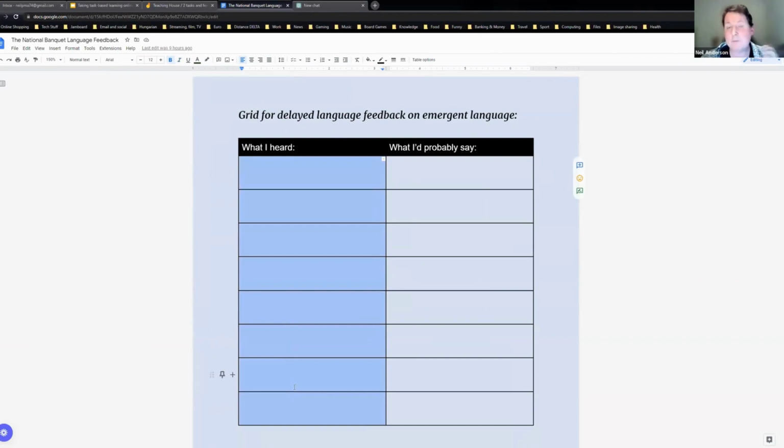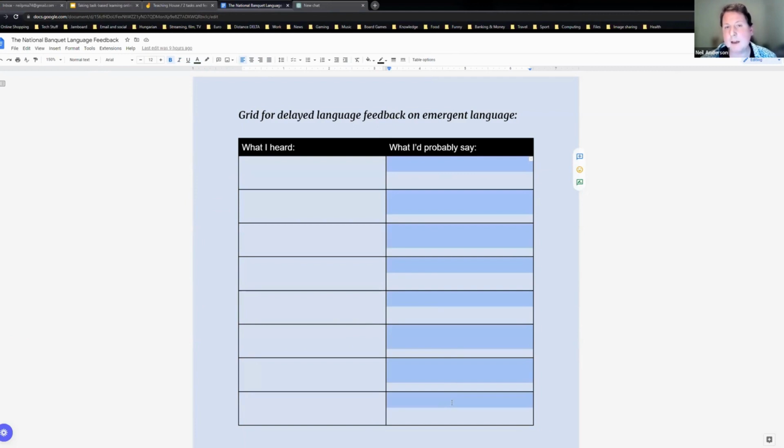As we said earlier, feed in language if students ask you. That's great. That's teaching at the point of need. But there are probably going to be many things that you hear that you don't want to stop the flow of the task. You want to make a note of. So this is what I heard. And I want to end the language focus stage with better versions, what I would probably say. I'm not saying you were wrong, I am correct. That's too heavy-handed. Just, this is what I heard. Here's a more natural way of saying it.